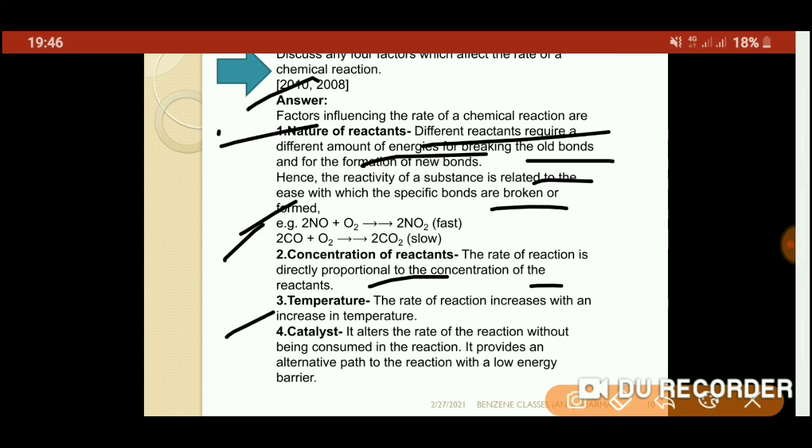You know very well the rate of reaction increases with the increase in temperature. If you again and again increase the temperature, then the rate of reaction will increase. Catalyst. Very good. Actually, this is a very fantastic tool which can be applied in a chemical reaction, and the total phenomena of the chemical reaction will be changed. So what is a catalyst? It alters the rate of the reaction without being consumed in the reaction. It provides an alternative path to the reaction with a lower energy barrier. It's a fantastic word, catalyst, for the reaction. You can say this is the artificial heart of the reaction. Okay, move on to the next slide.